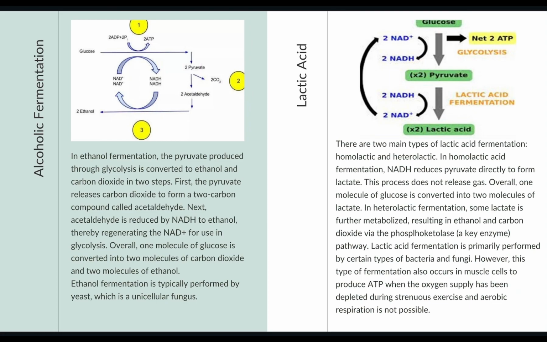Now we have number two, lactic acid fermentation. There are two main types of lactic acid fermentation: number one, homolactic, and number two, heterolactic. In homolactic fermentation, NADH reduces pyruvate directly to form lactate. This process does not release gas. Now, in heterolactic fermentation, some lactic acid is further metabolized, resulting in ethanol and carbon dioxide via a key enzyme called